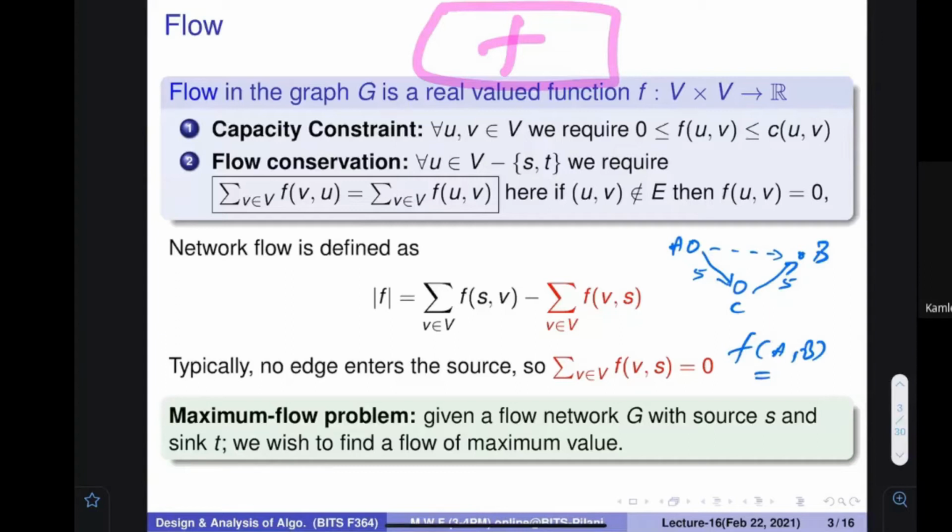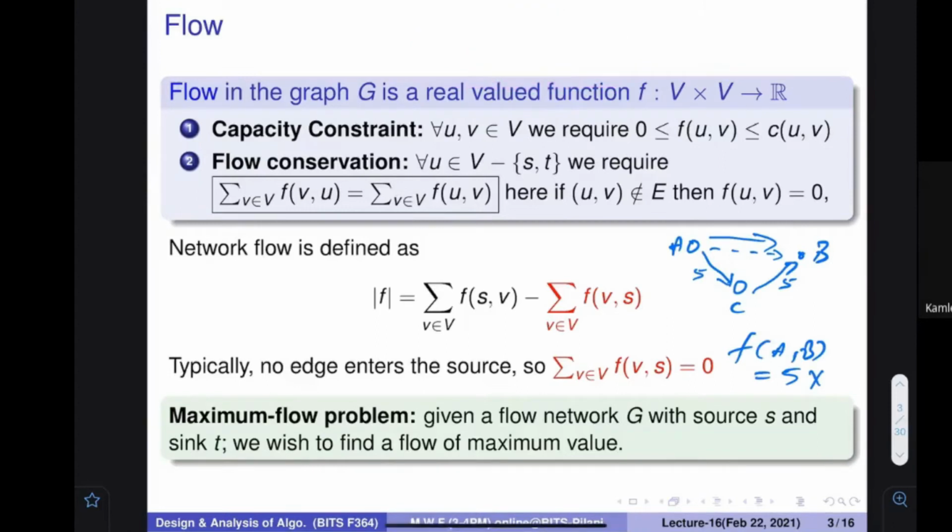Can anybody tell what the value is? Shivam, you are not expected to answer, because I have told you this. People may think that the value would be 5, but actually the value is not 5. It is going to be 0, because whenever I write F in this way, I need the direct connection. Since the direct connection is not there, I would say 0. You are right, Shivam.